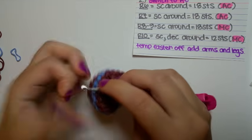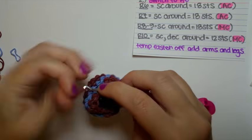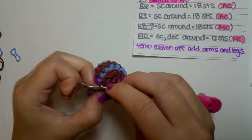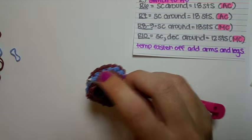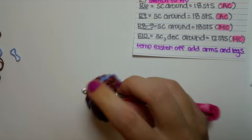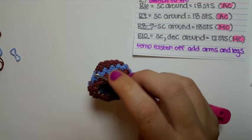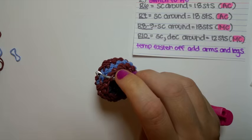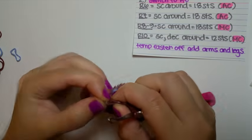single, decrease, single, decrease, single, decrease, single, then I will end with a decrease,